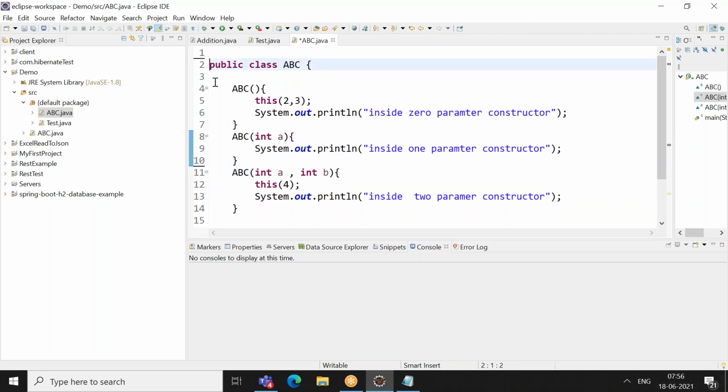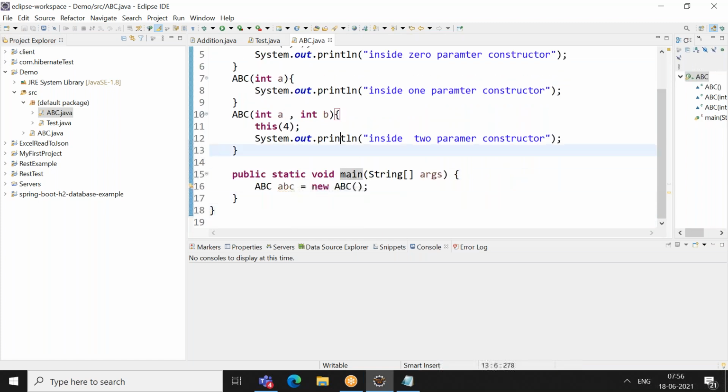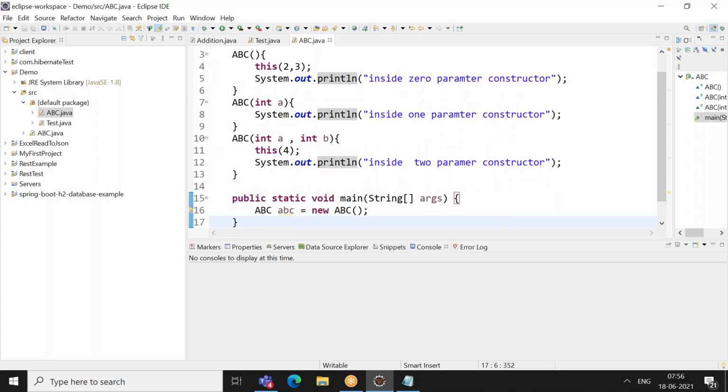Can you tell me what is the output order of this? For sure, this three gets called: 0, 1, 2 gets called. Can you tell me what will be the order? Like first 0, 1, 2 or 2, 1, 0 when I print this statement? So first will be the one